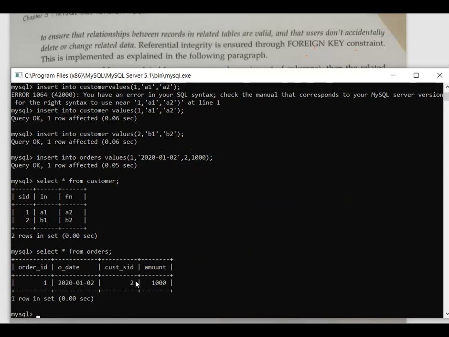Okay, now second thing is, if I wanted to update in the primary table, this 2 I suppose wanted to change as, first I will change this 1, I will change to 10, then this 2 I will change to 20. Then we will see what we will get. Update.